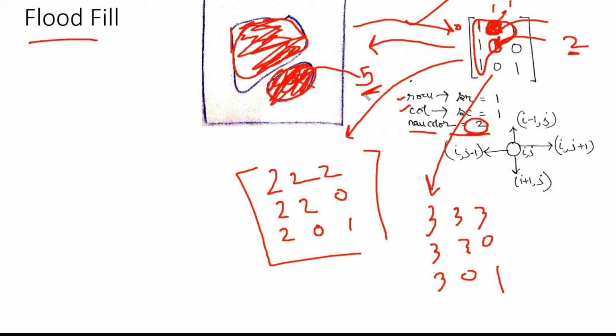Okay, so this is the main problem statement, and what we are going to use is DFS. So from a location, our initial matrix was this. Okay, our initial matrix was this. So in the input given this location, from this location we will move up, down, left and right. Okay, while moving up, down, left and right, we need to find the pixel value having 1. So while moving up, we found our pixel value having 1.